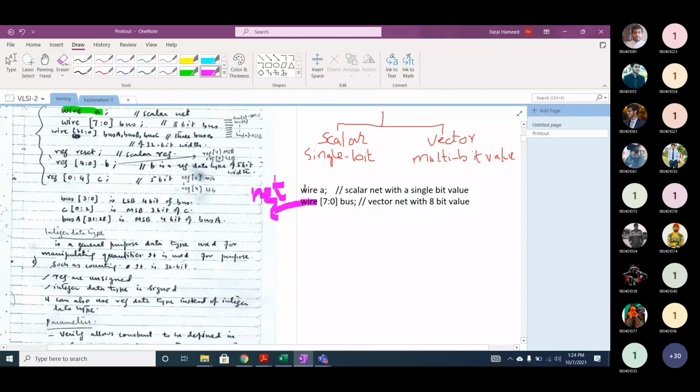Understood, sir. Okay, so now if you look at this bus[7:0], it's an 8-bit signal.